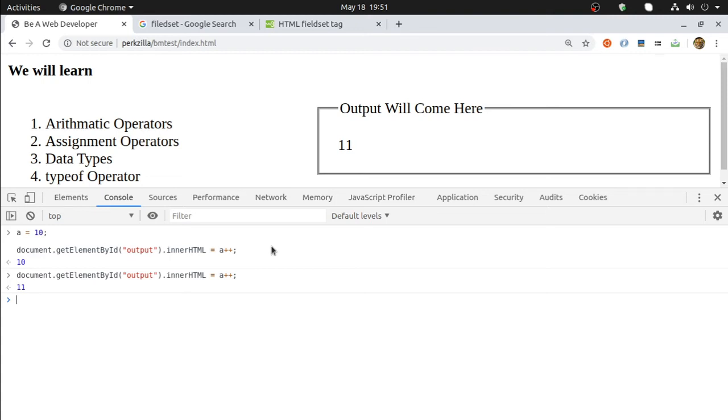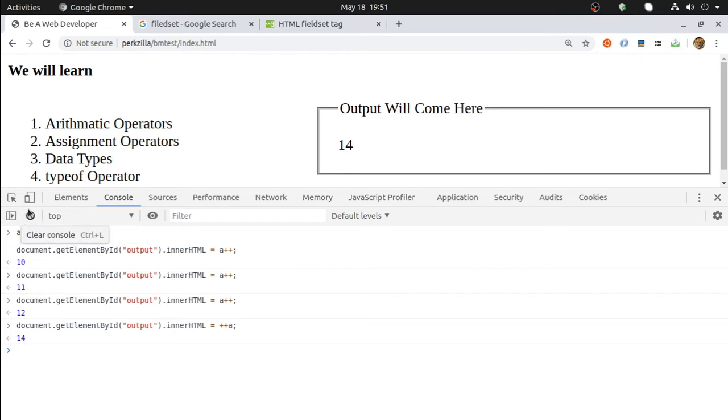But if I'm copying it again, if I'm running it again, the output would be 12. But let's say if I do it this way, what would be the output? Do you expect 13, or do you expect 14? Think. I'm going to hit it. Output is 14. Hope it is clear to you.